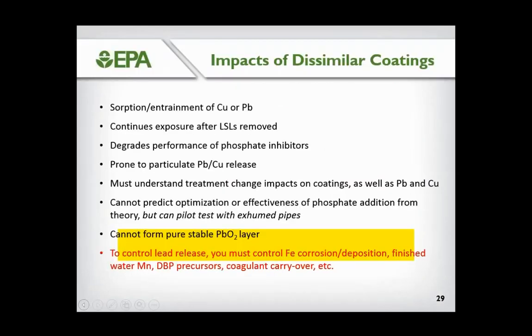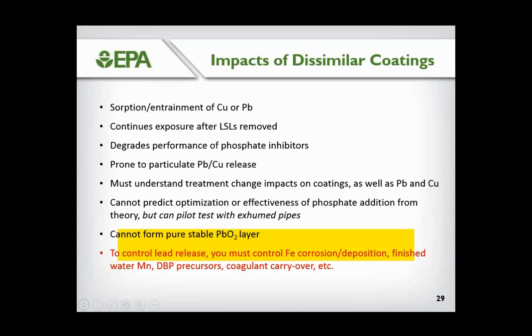So there are a lot of impacts of these dissimilar coatings. They can sorb or entrain lead or copper. Even after lead pipes are removed, they can continue exposure. They degrade the performance of the phosphate inhibitors. They're prone to releasing particulates. So you have to understand the treatment change impact on the coatings as well as just on lead or copper